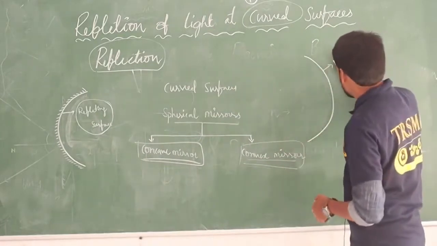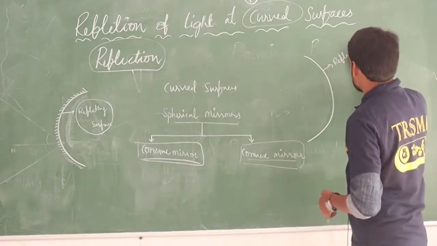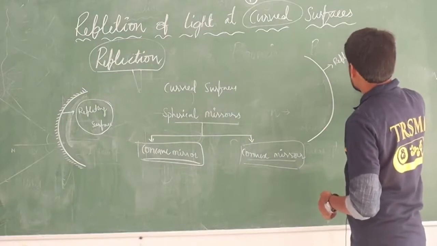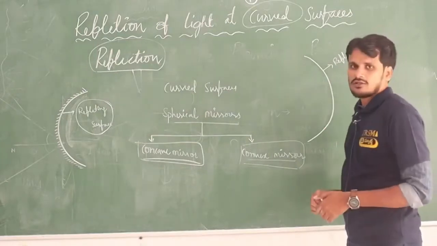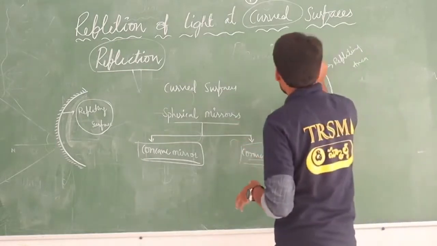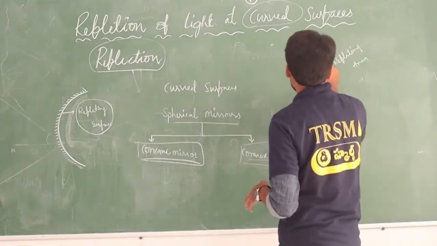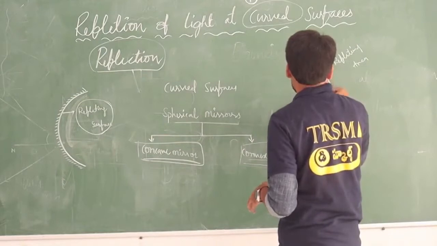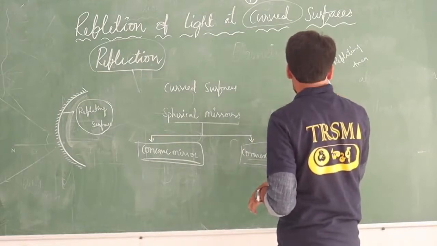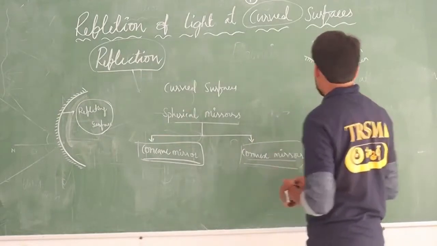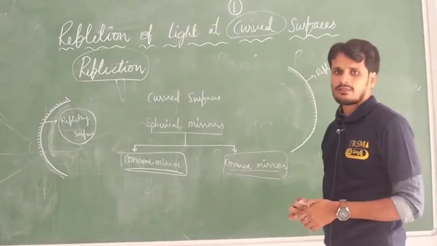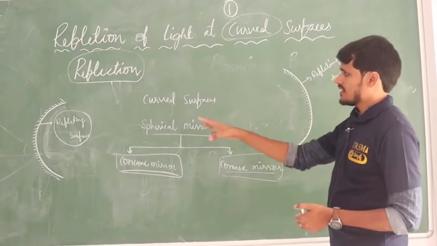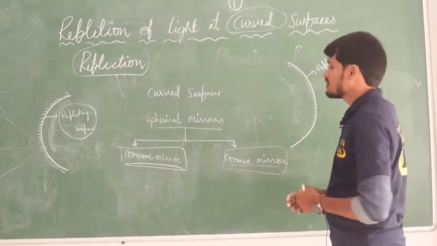So this is a reflecting area, a reflecting surface. The coating surface is outside. This is quite opposite from concave mirror. Outside reflecting surface is convex, inside reflecting surface is concave. Light cannot enter here. That is convex mirror. This is just an introduction to what is concave and what is convex mirror.